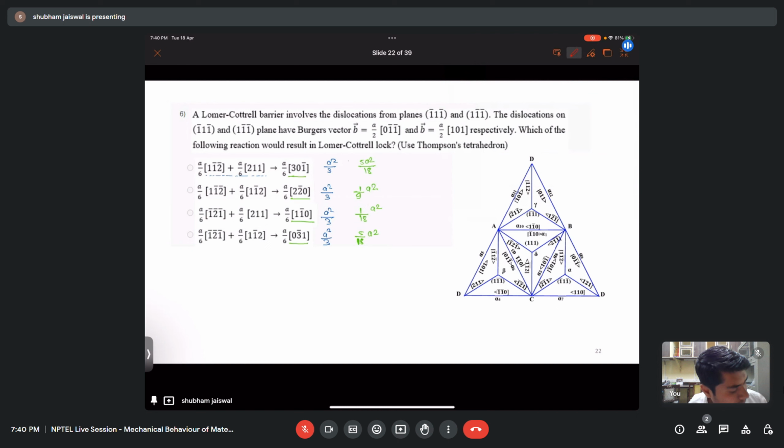So all these reactions are energetically favorable, and among these, any one can take place. Now they have given us the plane, that is this plane, that is bar 1 bar